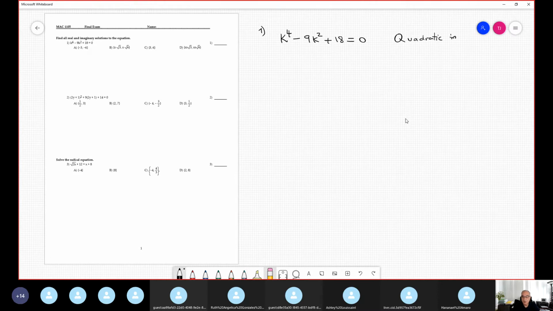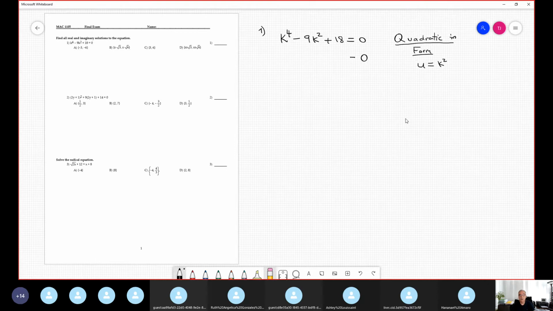And this is the typical equation that you solve using U substitution, no? U is equal to K squared. You always take the smaller. How do you know it's quadratic in form? The clue is clear. We have 2 exponents, 4 and 2. This is twice. So we can manipulate it in order to express it like a quadratic equation. But in this case, it's not quadratic, it's degree 4. It's a polynomial equation. Okay. But I transform it